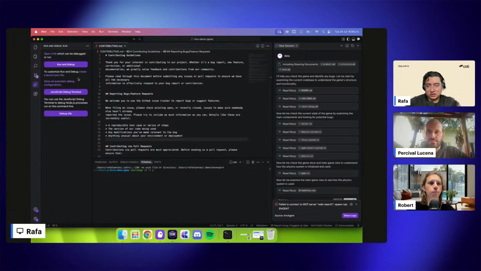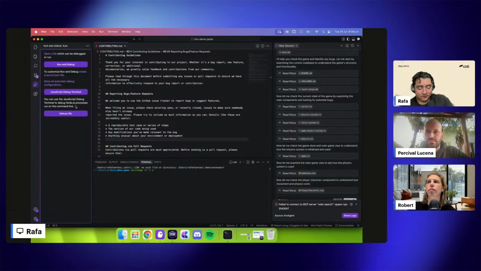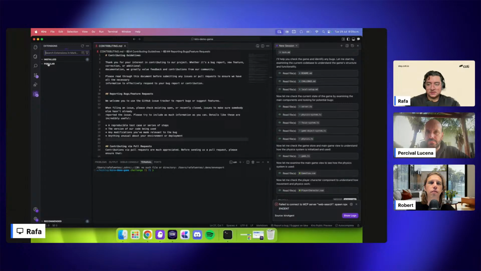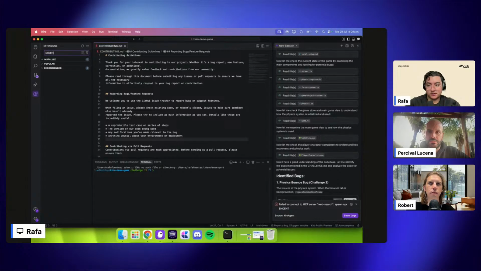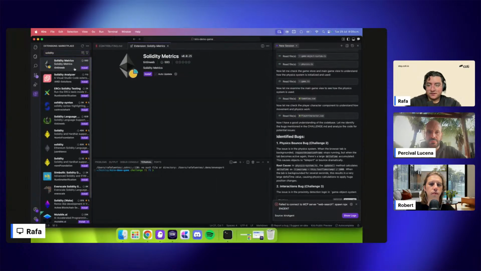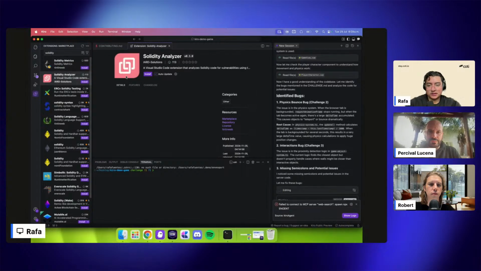This is basically for, as you can see, debugging a terminal for JavaScript, or for any language. And the last one we have is the extensions. Obviously, the extensions are like a plugin, or external functions or external features provided by the community. So we can check any extension here, like, I don't know, probably Solidity, right? And we can find some extensions here for this language, and we can see a little bit of the info